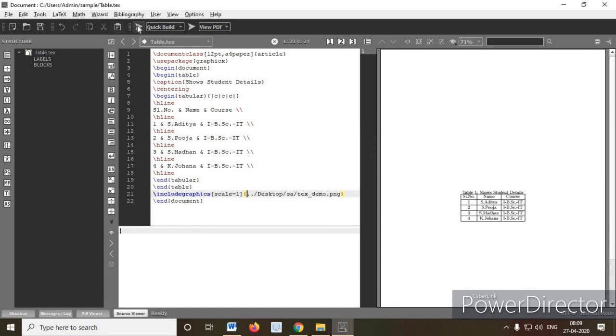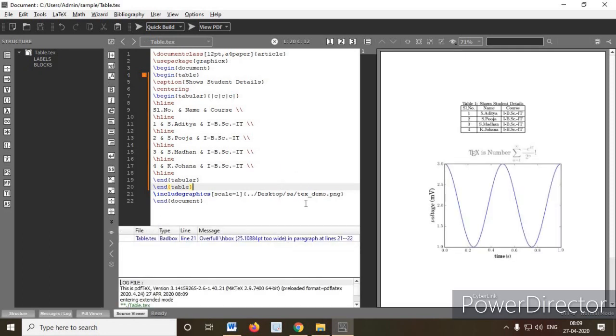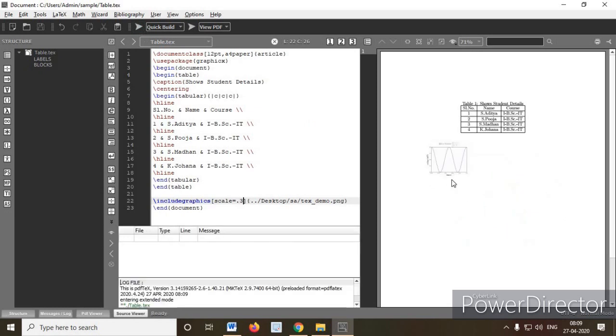Now you run this. See, now the figure has been added here, so the table as well as the figure. Here you can create a scale width. You can increase it. There is a scale option. You can make it 3.3. Now the picture size has been reduced. With some more, the picture size becomes bigger like that.